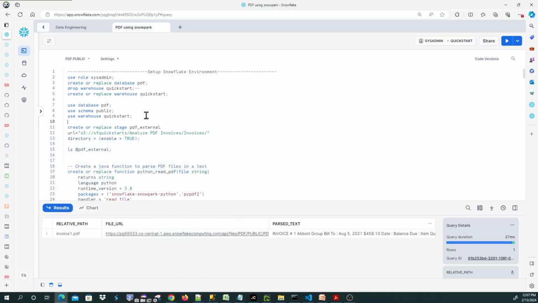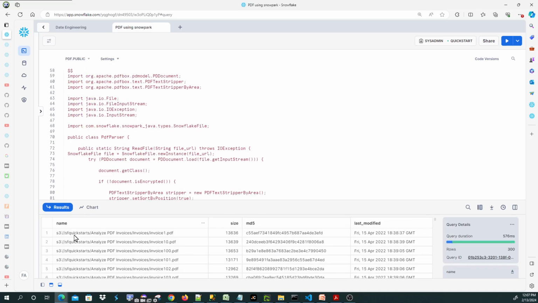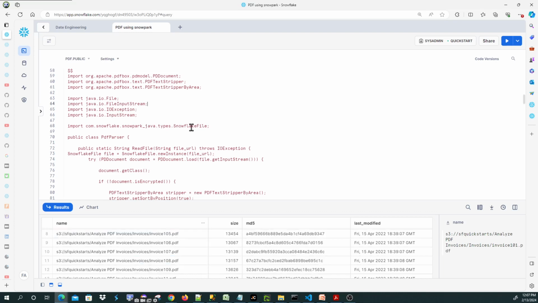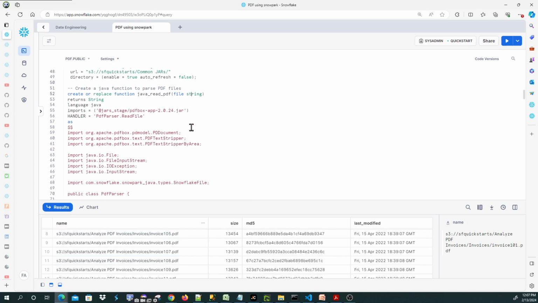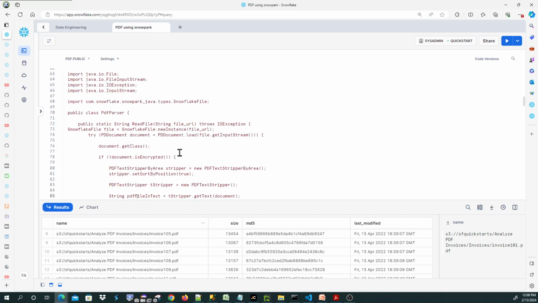Just here we create the database, all is done. Here we have the stage based on S3. If we list the content of the stage, we see here the PDFs that we use. Here is the same code; I copy and paste it for Java to create the function. And for Java, we are using some classes like PDFTextStripper, and people who are experts with Java know exactly these classes and IO file, IO stream. So once created, we do a call to